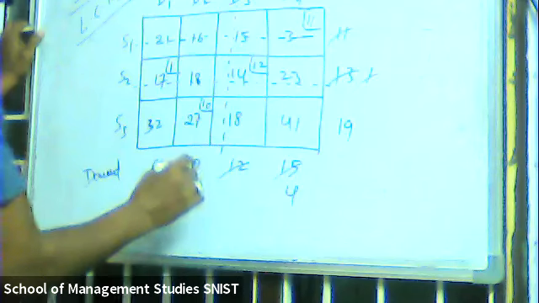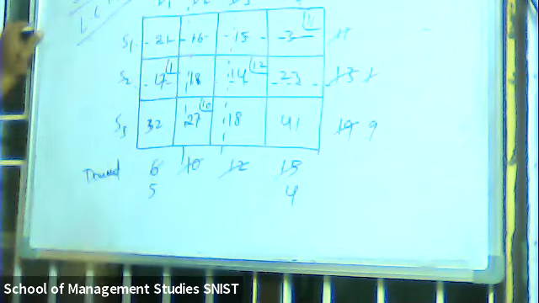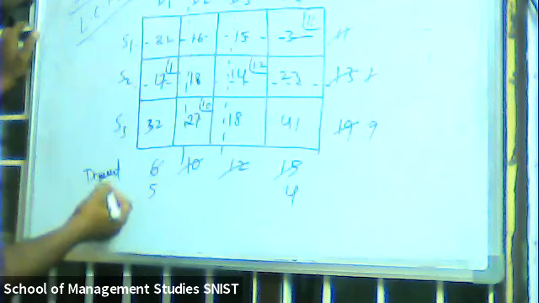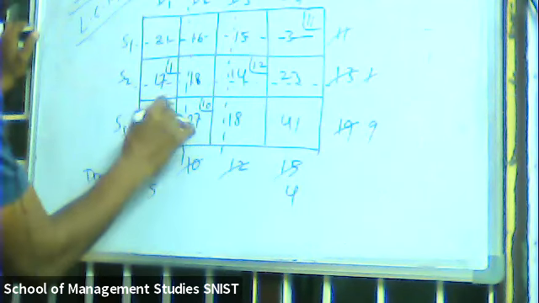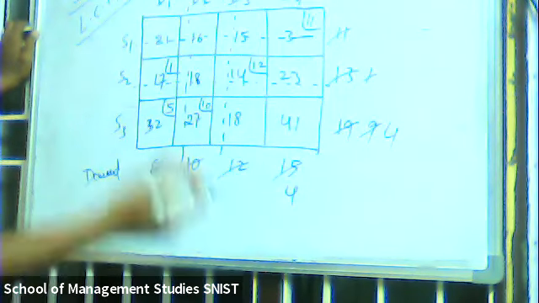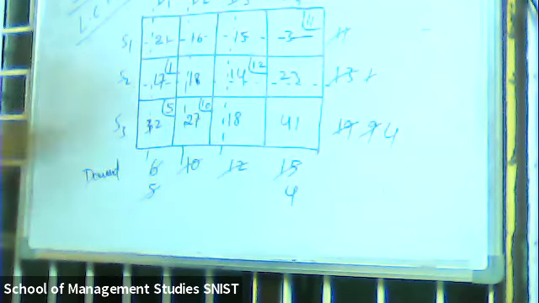The least value is demand 10, so allocate 10 here and it becomes 9. There is no further possibility here. Now the leftover values are 32 and 41. The least is 32. Comparing demand and supply, the least value is 5, so allocate 5 here and it becomes 4. Now 5 plus 1, 6. This is also done. Then the leftover is 41. Now check here, 4 and 4.